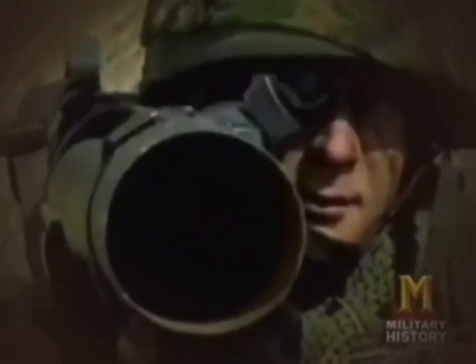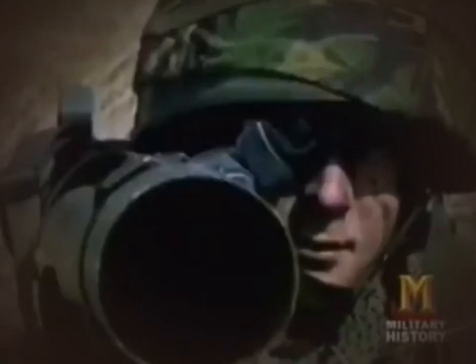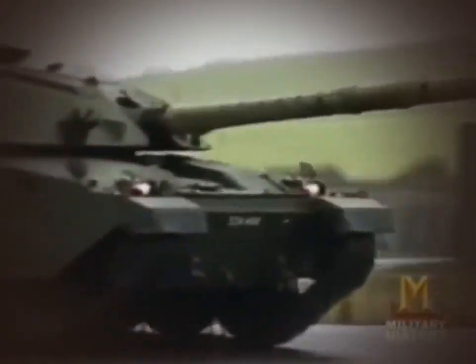HEAT, or high-explosive anti-tank shells, use chemical energy to create a lethal jet of molten metal and gas that pierces the armor. But it is the development of man-portable missile systems that can shoot through up to 24 inches of armor that forces tank designers to rethink. A tank built to deflect this technology would have to weigh in at an impossible 200 tons. Tank designers have to devise protection that can defeat these lethal new weapons. In 1971, British scientists in top-secret government labs fit an experimental tank with a groundbreaking new...